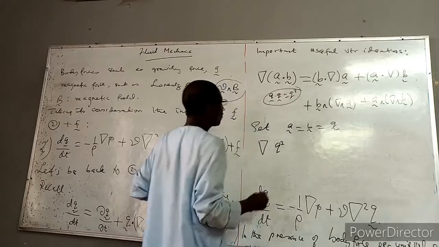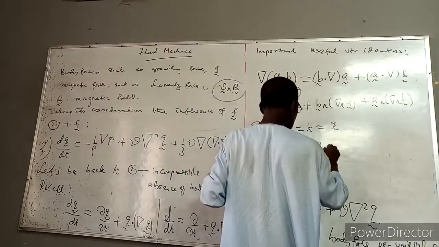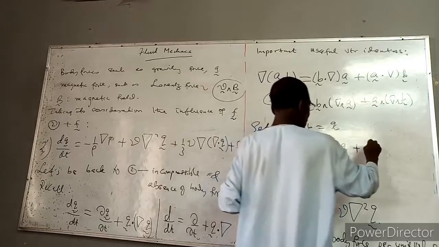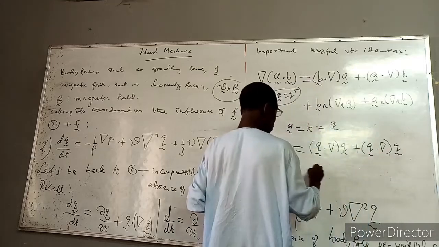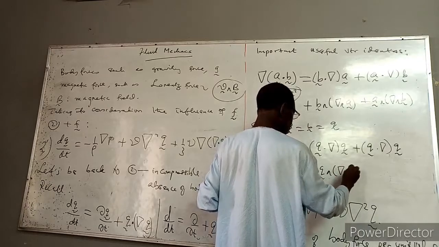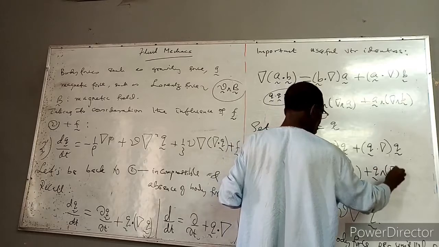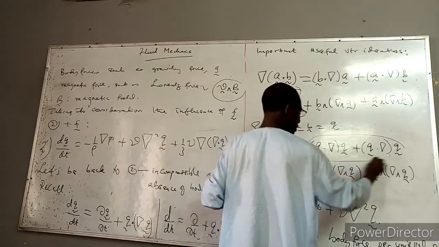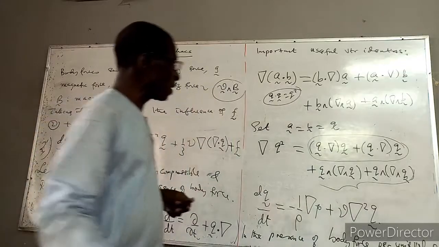This is equal to, of course, everything here is now Q, they are the same: Q dot del Q plus Q dot del Q plus Q cross curl Q plus Q cross curl Q. Of course, you can see that you have 2 of this and 2 of this. So this can be summarized as,